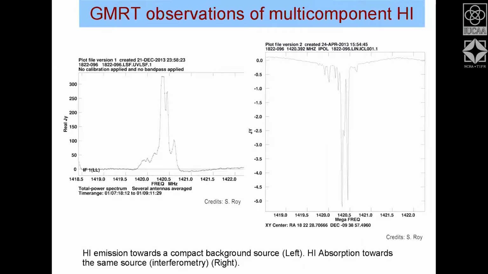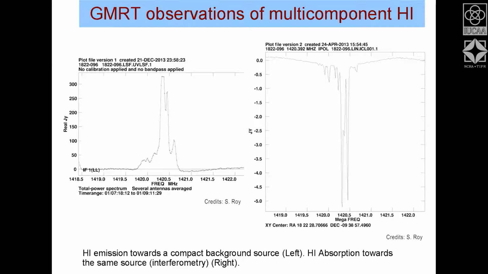That picks up the signal and gives you back effectively an electric voltage, and this voltage is acquired as a function of frequency. You can think of many filters in that instrument which divide the band. You can see the x-axis goes from 1418 to 1422 megahertz, so it is about 4 megahertz wide. You have around 128 frequency channels within that, I believe. And that is what is being shown here.